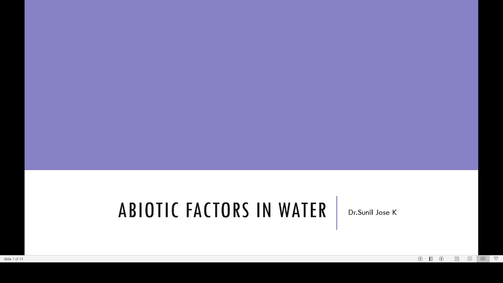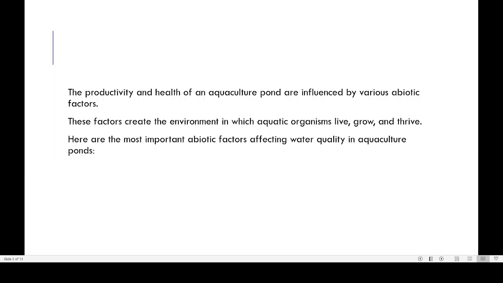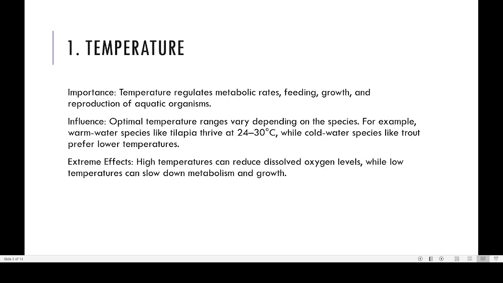There are a number of important abiotic factors, of which the common ones are temperature, humidity, salinity, etc. The importance of abiotic factors is that if these factors are not at a proper or equilibrium level, that will influence the growth and development of fish. For example, if salinity is more, or temperature is more, or humidity is more, or turbidity is more, all this can influence the growth of the fish. Now we will see some of the major abiotic factors.